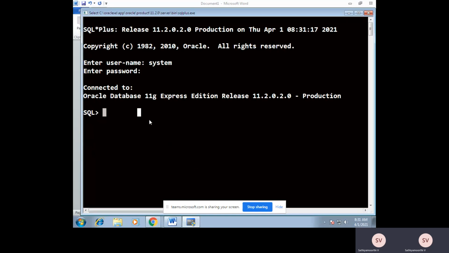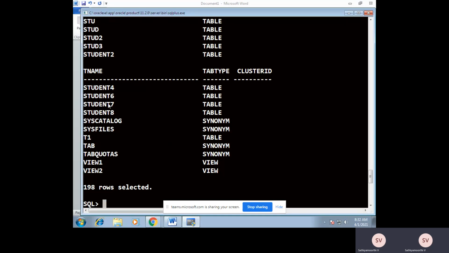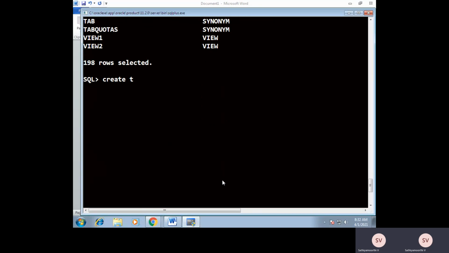If you want to display the existing tables, for example, what are all the tables we have within our database, we have to use select star from all tab. It displays all the tables that are stored in the database. So here we have the tables. Assume that now I am going to create one table, employee. For that, I have to use the create command. Create table. My table name is EMP, employee